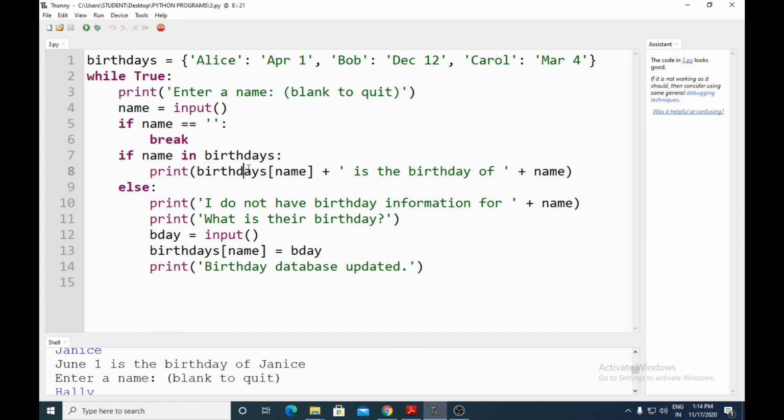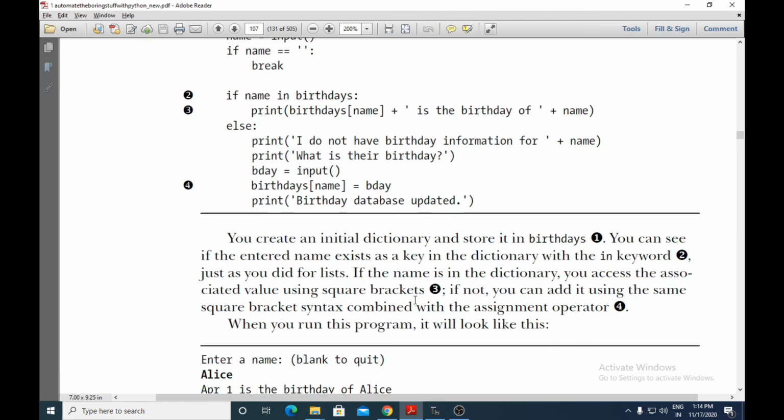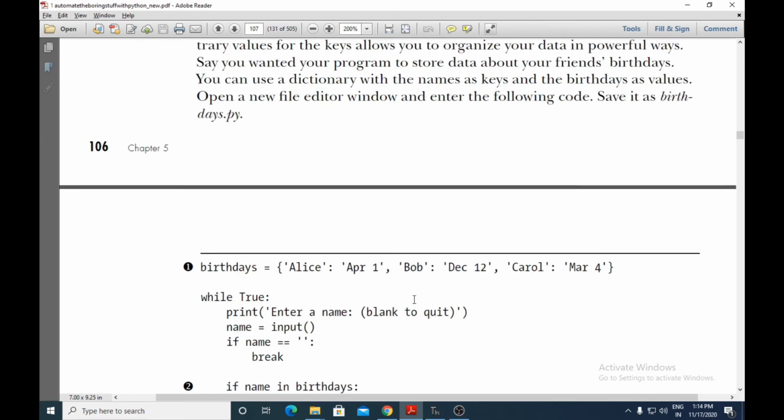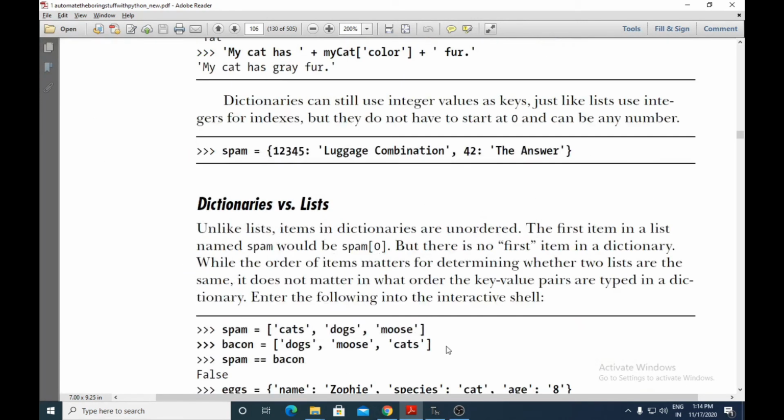If it is not there in the dictionary, it will come to the else part, where you have to give the birthday information, which will be taken by input, and then it will get added to your dictionary. So this was about dictionary versus list.